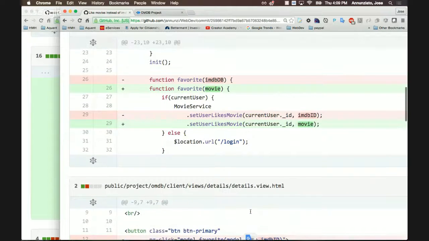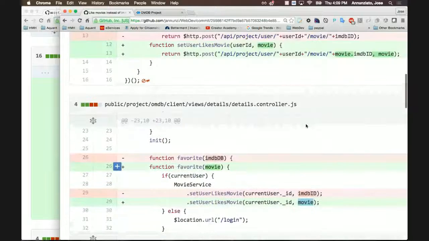Okay, so the controller needs to change. There's the event handler. Instead of receiving the ID of the movie only, it's now going to receive the entire movie object, and it's going to pass it along to the service as a movie object. And the service,